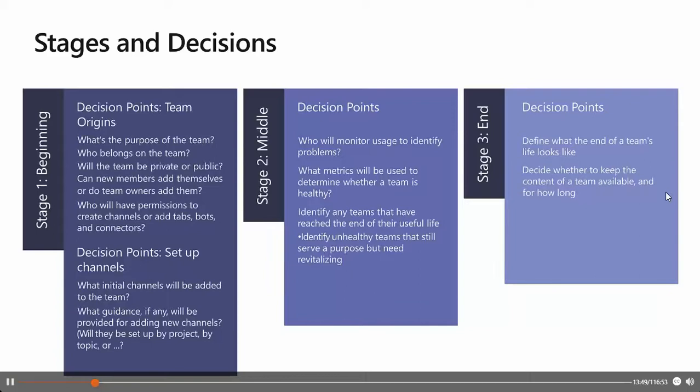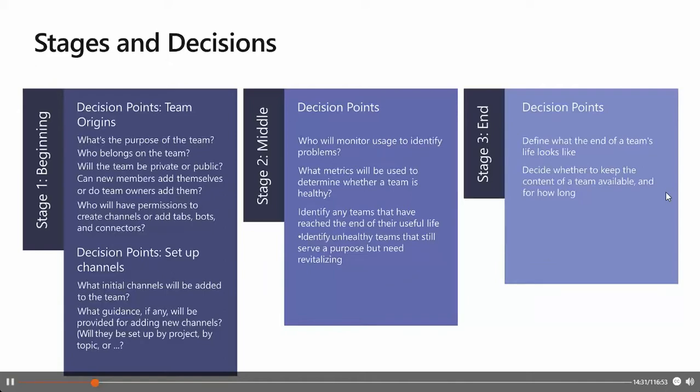It's likely that the set of channels will grow organically as new topics arise, and discussion might outgrow the channel it began in. To spark interest, the channel owner can post a welcome message, upload relevant documents to the Files tab, or add tabs or connectors to the channel. The owner also sets the channel description and can auto-favorite important channels to their list by default for all team members. So you see, you have a lot of capabilities as well to bring up a great onboarding experience to your users.